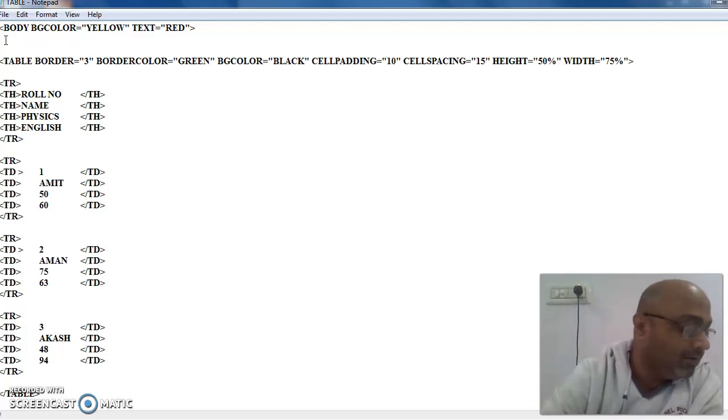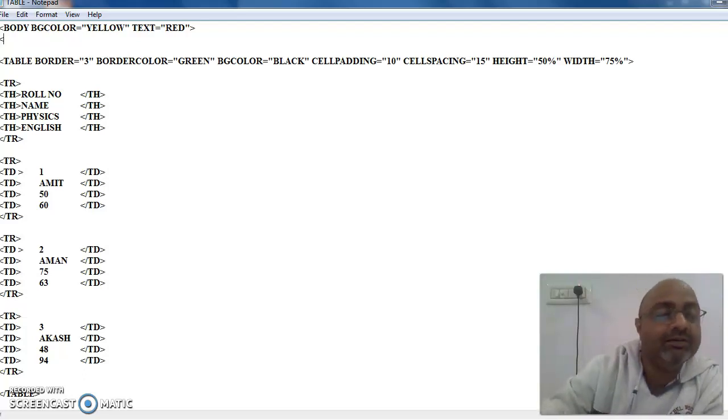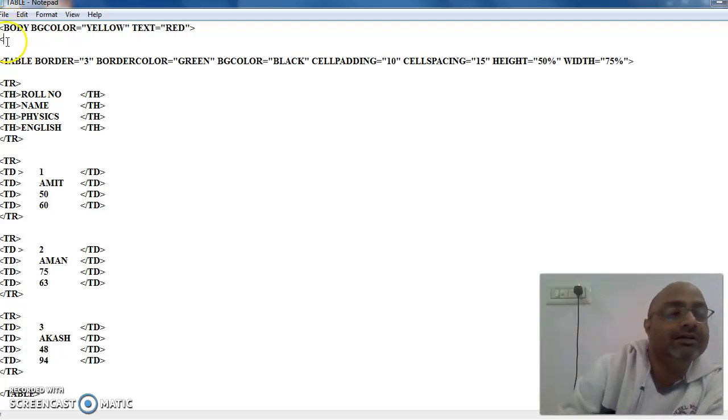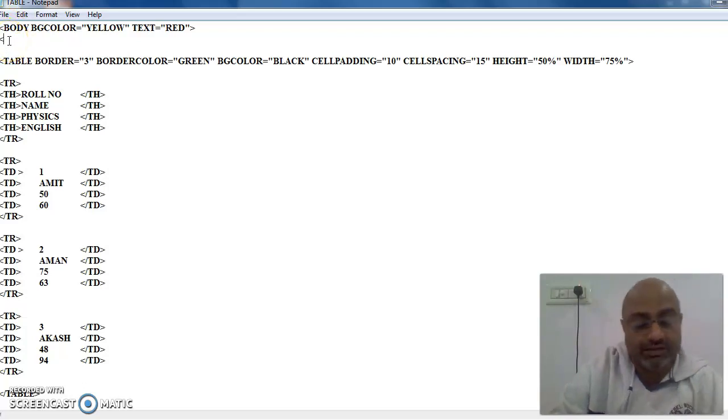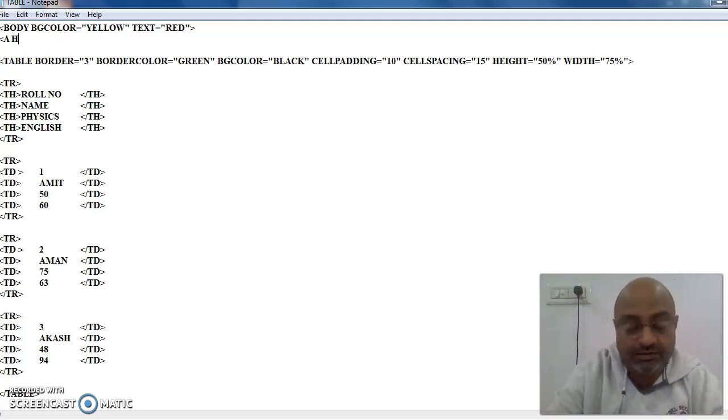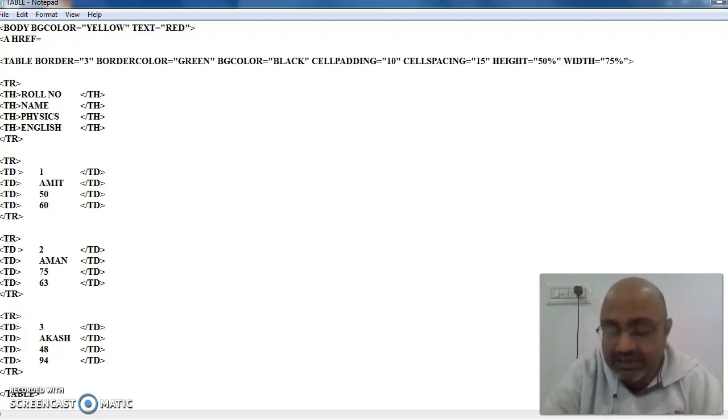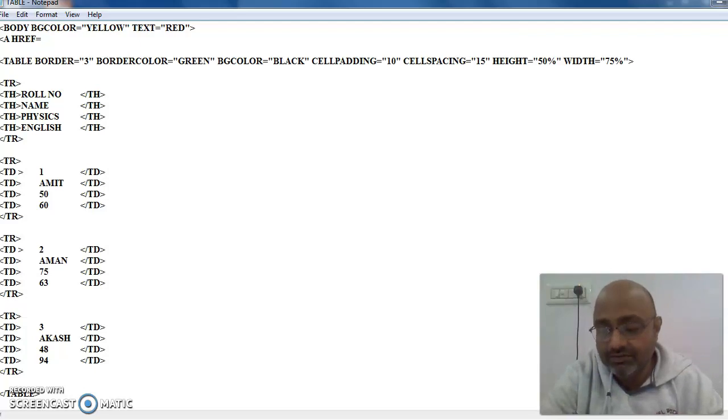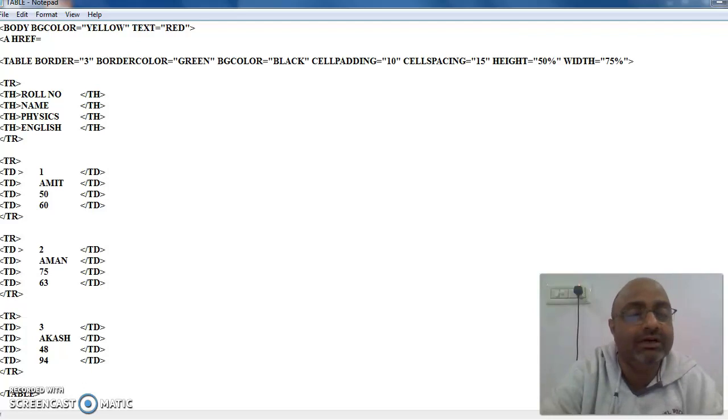So whenever you are using anchor tag, the very first thing is to use A. Okay. Now A stands for anchor tag. Now here you use another property of it, that is known as href, and href is going to be the path to that file which you want to attach.